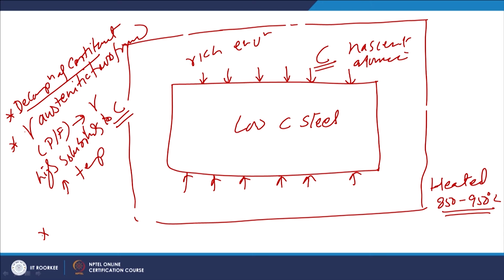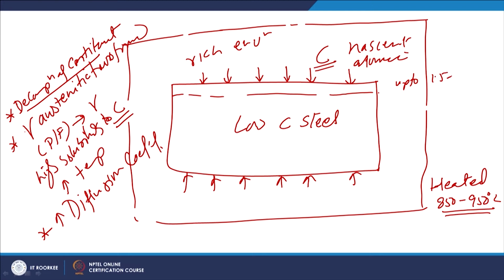There is a third purpose which is realized by heating the component to the high temperature, that is the increase of the diffusion of the carbon into the substrate or the component. The diffusion coefficient of the carbon in the steel substrate is increased, since the carbon has to diffuse from the surface to the subsurface layers up to the required depth, which may be like, say, 1.5 to 2 mm depth.